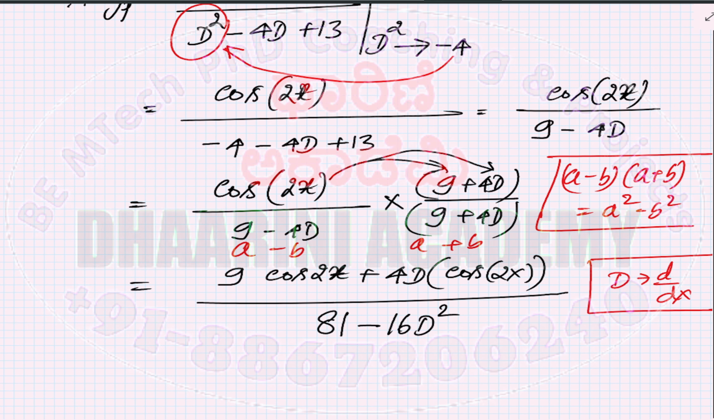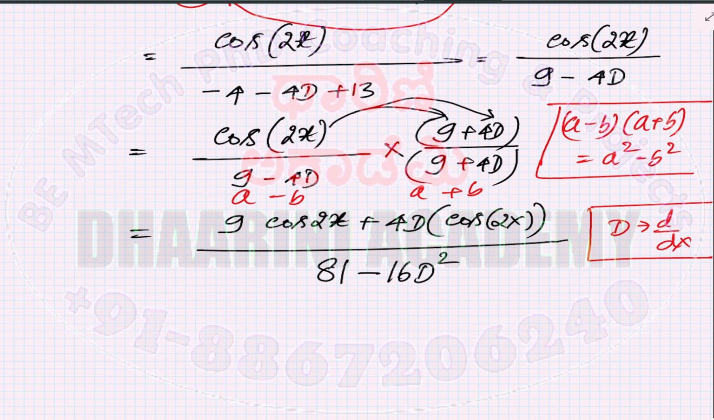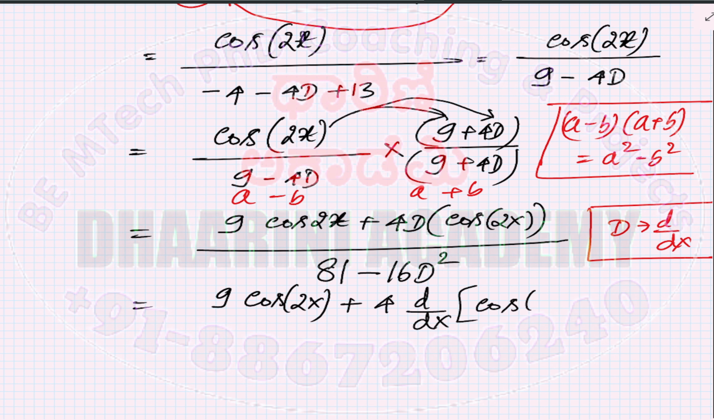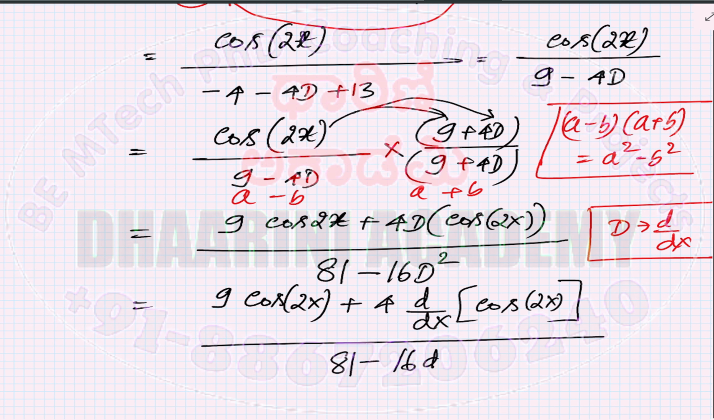Right? So in the next step, I'm going to replace this using this technique. This means it is equal to 9 into cos 2x, the first term, plus 4 times d by dx of cos 2x, because there was a D in the numerator. I cannot keep it. I have to do something with that. I am going to do this. This is 81 minus 16, sorry,